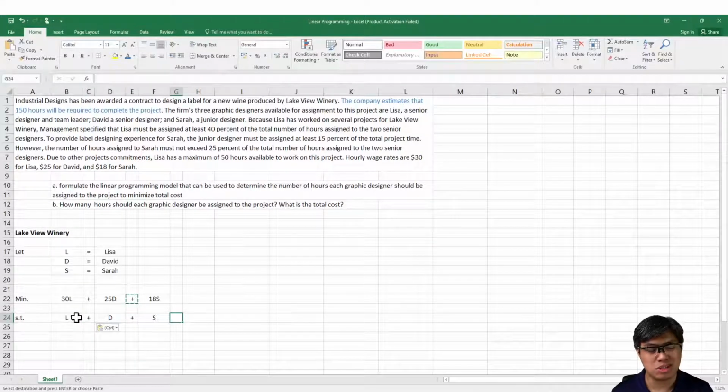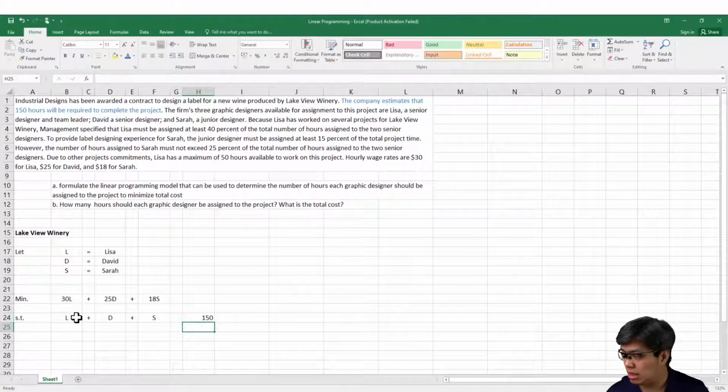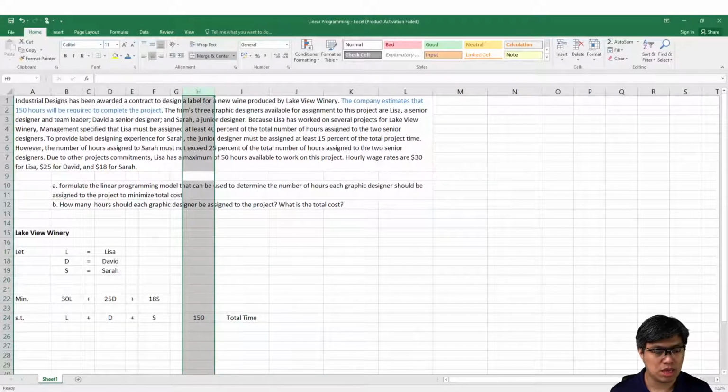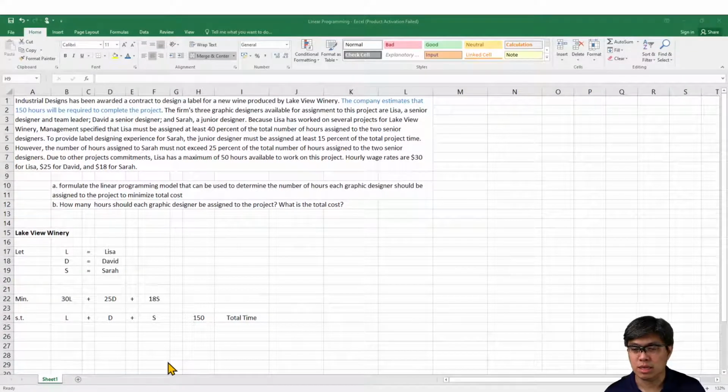So the question is, what's the inequality? And ours is 150. Am I right? So we'll call that total hours, total time. Okay, well, you can change that. So which do you think is the most appropriate here? Is it equal to, or